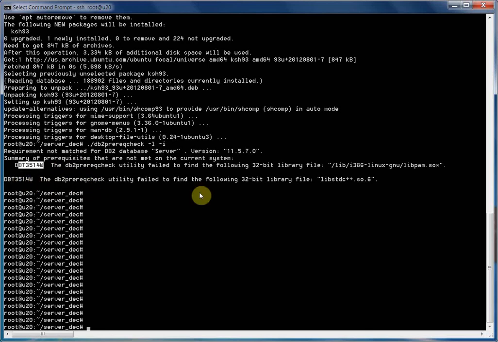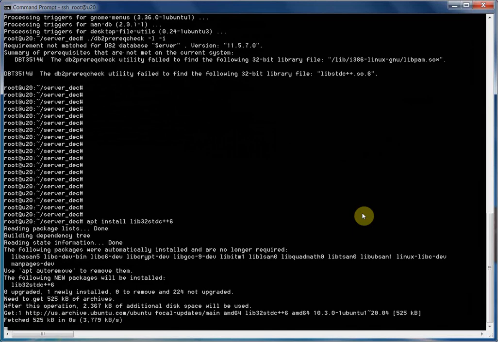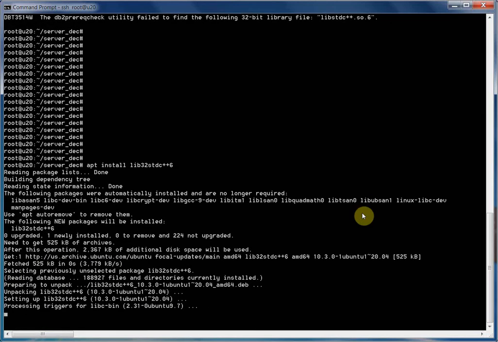So for the second one, this libstdc++, we're going to go ahead and install. I did do some research in order to satisfy those things. Okay, so the first one is lib this one. So it's going to be like this. Okay, so lib 6. 32, I believe this is the one. So we're going to install this one, and